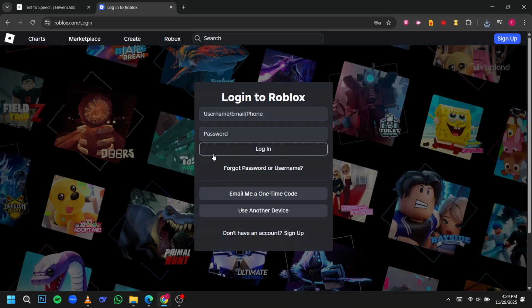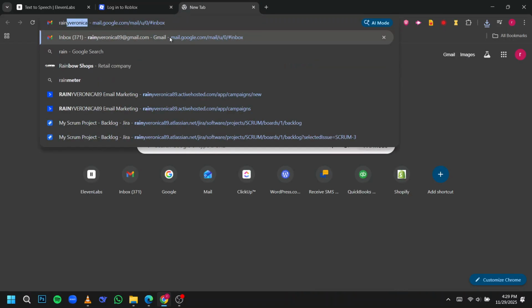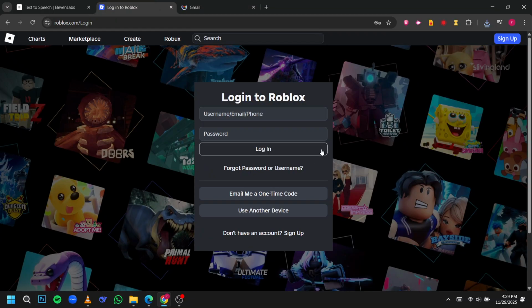In this video, I'm going to show you exactly how you can reset your Roblox password. If you can't get back into your account, or you simply forgot your password or username, don't worry. I'll walk you through the entire process step by step. I made a video about this before, but some people were confused, so this time I'm explaining everything clearly so